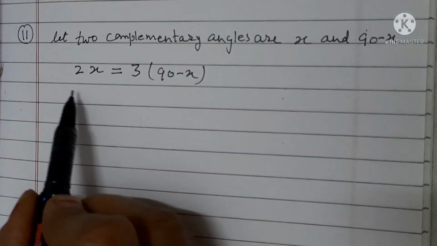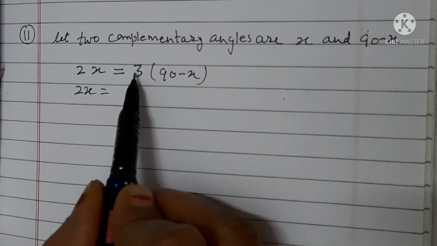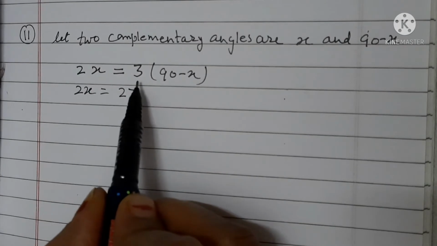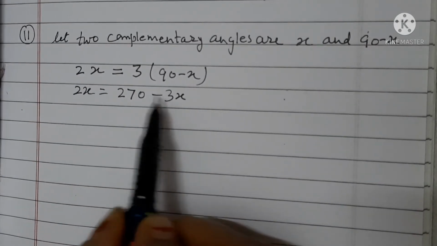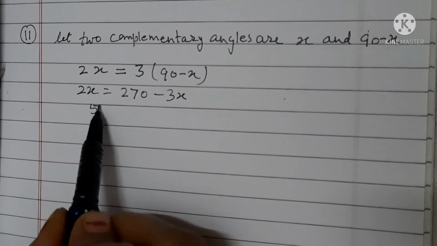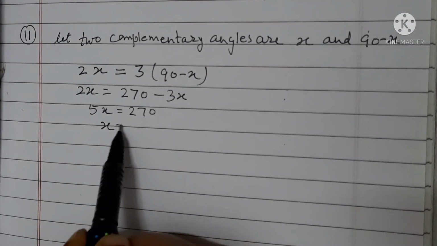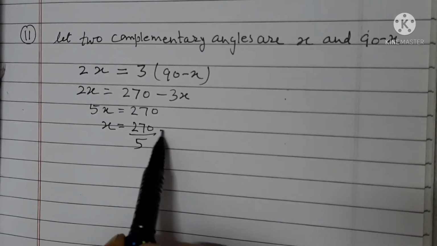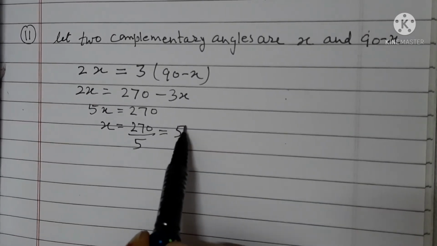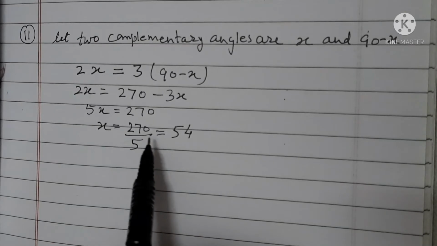Now solve it. So you will get 2x is equal to 3 times 90, which is 270, minus 3x. Then 3x plus 2x, 5x, is equal to 270. X is equal to 270 divided by 5. 5 5s are 25, 26, 27, 5 4s are 20. X is equal to 54